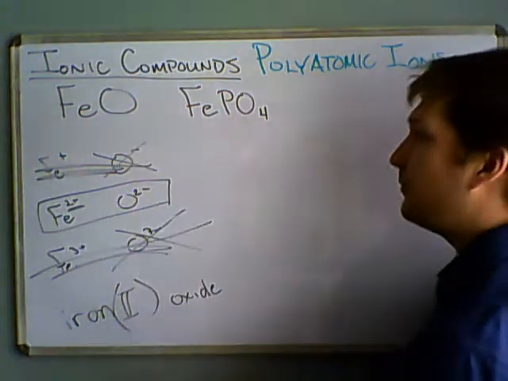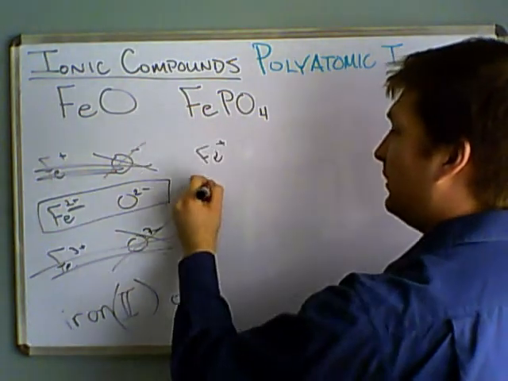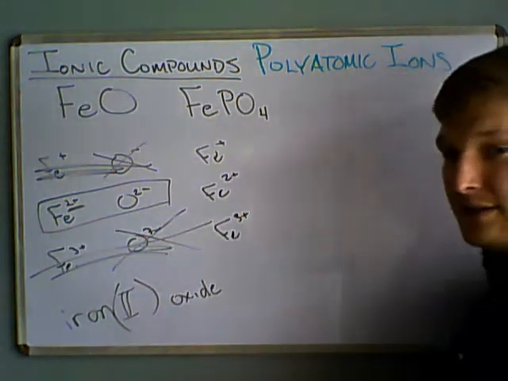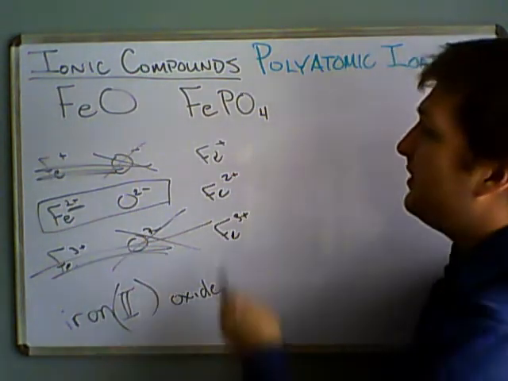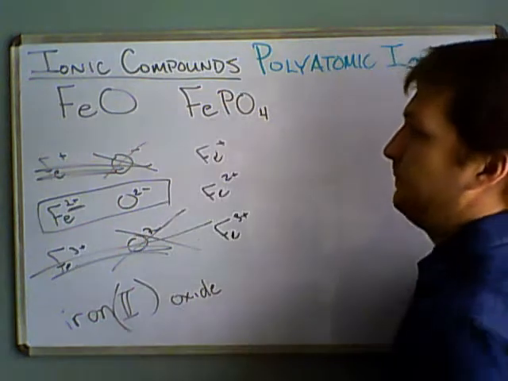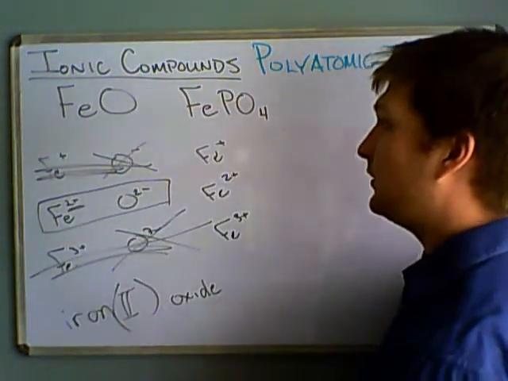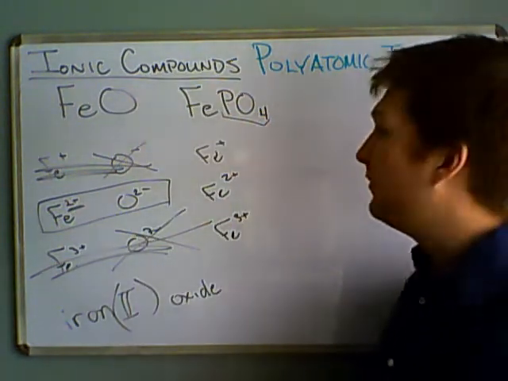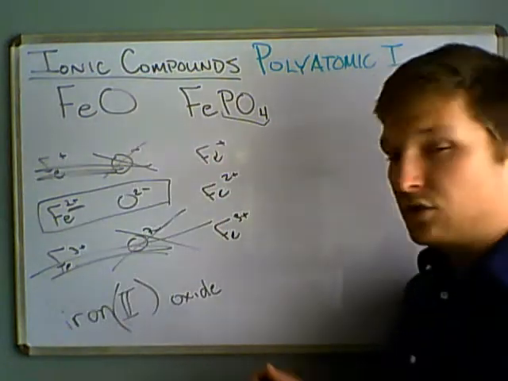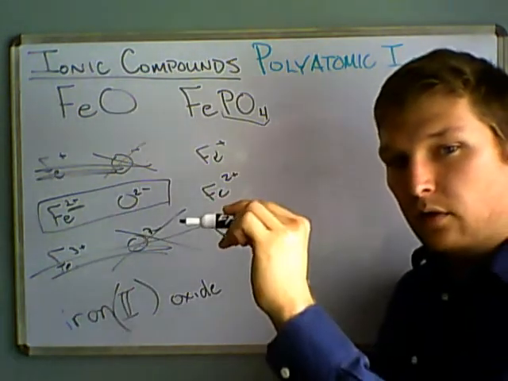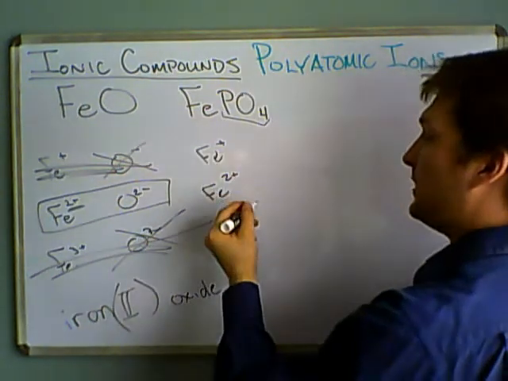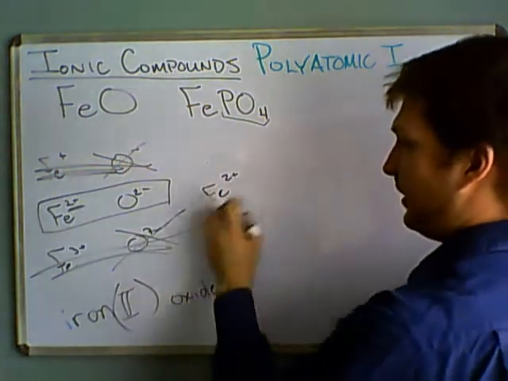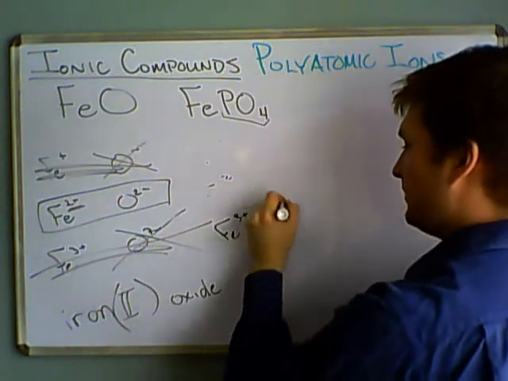Now with this, we have the same problem. Was this iron 1, iron 2, or iron 3, iron 4, iron 19? We don't know. But this polyatomic ion is predictable. Just like this monoatomic ion was predictable, generally these polyatomic ions will always be predictable. And if you get in the habit of, or if you've memorized them, or if you have a chart with you, then you can just look up PO4, and you'll see that it has a charge of 3 minus. So, if we look at the different possibilities here, it must have come from the iron 3,